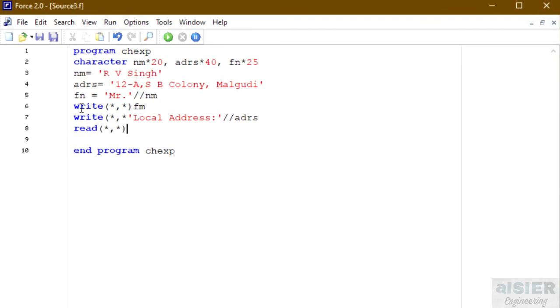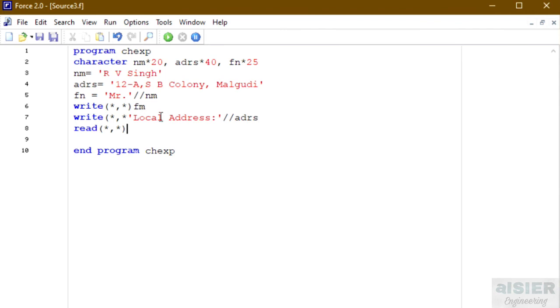Then we want output, so for output we have written write, and here the full name. What is the expected full name? Mr. RV Singh. And here again we have to take the output of the address. So we have written local address, and after that we have again used the character operator //, and then ADRS.